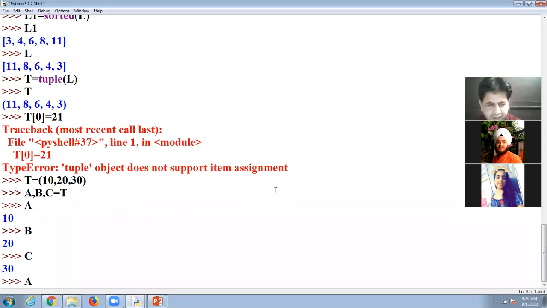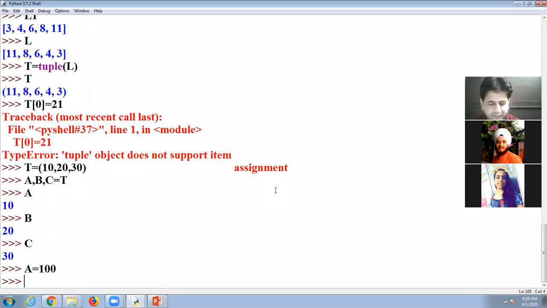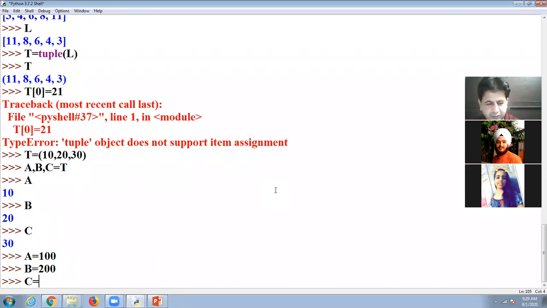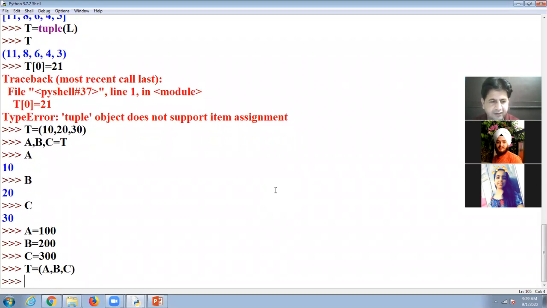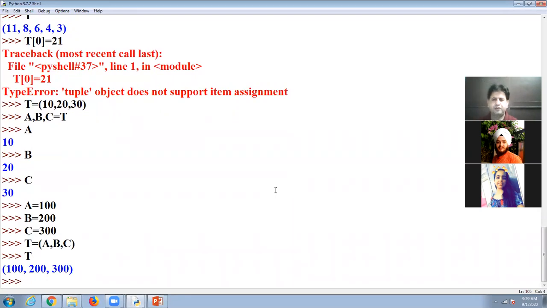Suppose A is equal to 100, B is equal to 200, C is equal to 300. So now I have changed the values, and now what you will do here, T is equal to, that is a tuple, equal to A comma B comma C. So this is called unpacking.